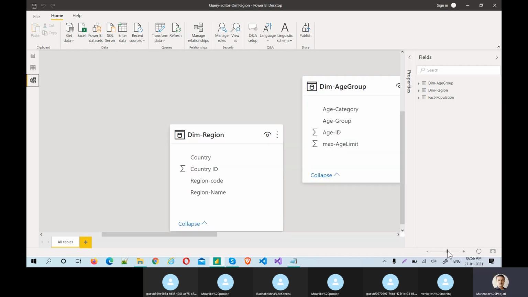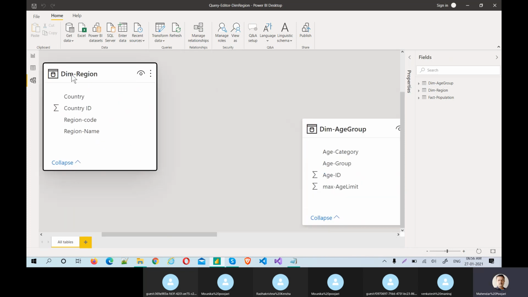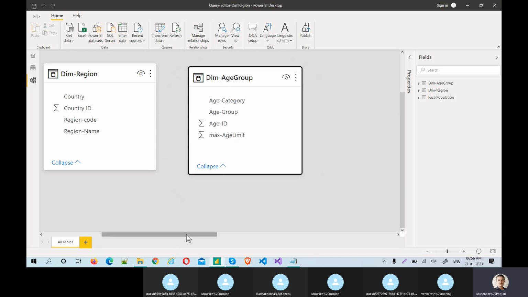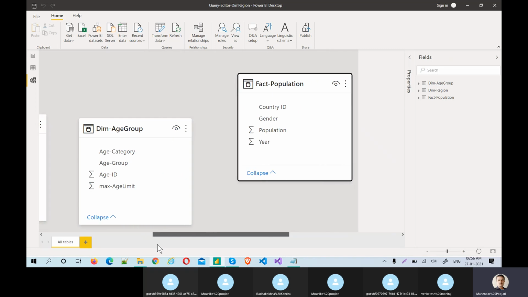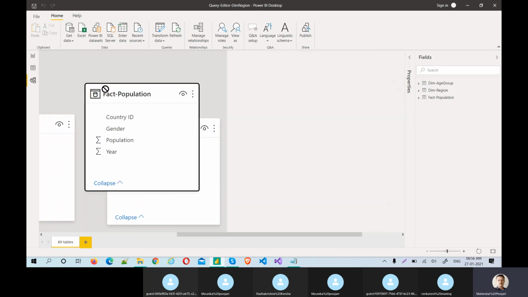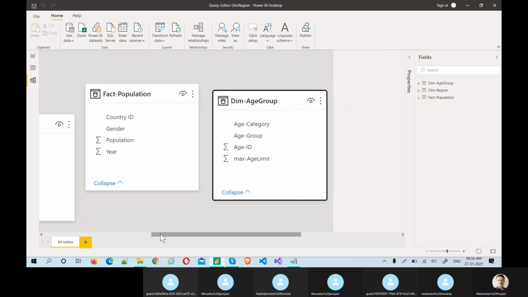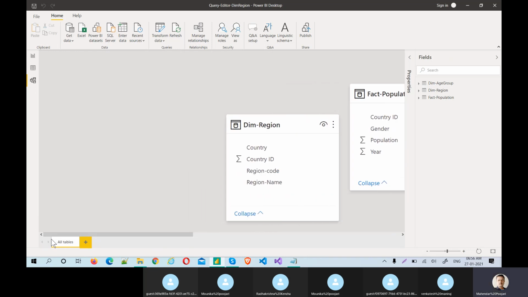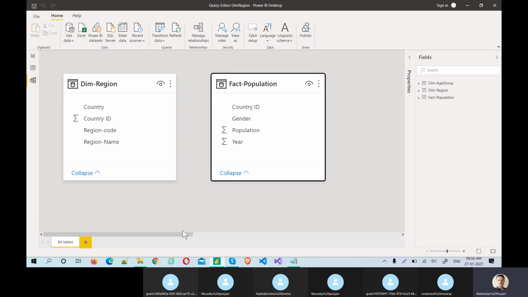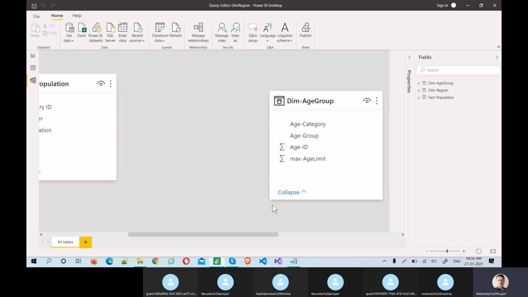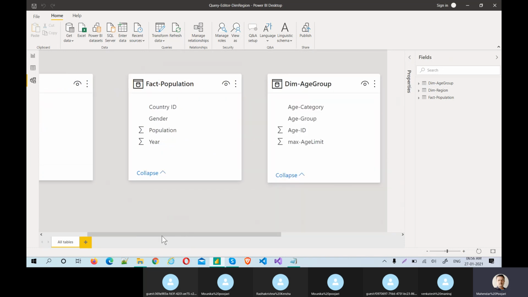This is a zooming option, guys. Fact should be in the center.